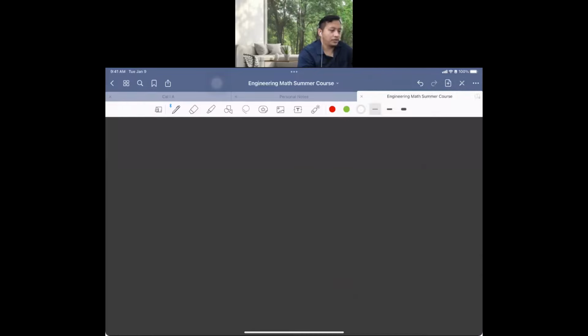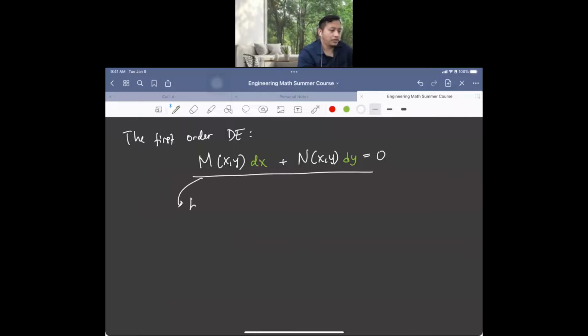This is the main point for the homogeneous. So the first order differential equation in this form, M(x, y) dx plus N(x, y) dy. It's the same as what we have in the exact equation, right? So we call this homogeneous